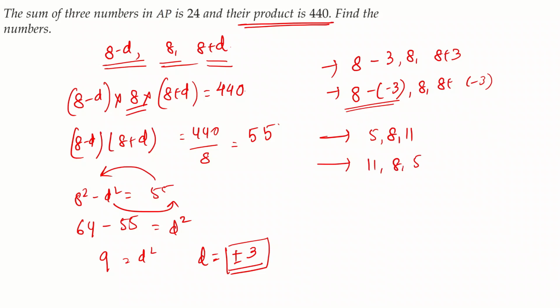Although you can say that they are giving me the same result, but they are actually different APs. They are the same numbers, but they are two different APs. This is an AP with first term as 5 and common difference as 3, and this is an AP with first term as 11 and common difference as minus 3. So they may all be giving you the same numbers, 5, 8 and 11, but they are indeed two different APs, and that is why you have to give two different answers. Okay,